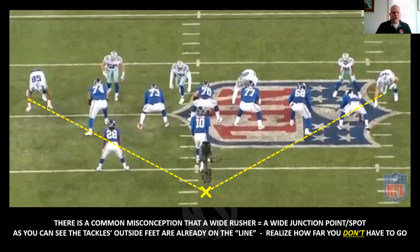So if you look at this picture, here's just a lineup from the back shot, so you can kind of see. I'm guessing that the quarterback is going to be back where that X is when he finishes his drop. And then I drew it from the back foot, so the foot that is set back to that point, I draw a straight line. Well, you can see that here you've got guys that it's not that far. Look, this guy's foot is right on the line. This guy's foot's right on the line. So if we look at it from that standpoint,